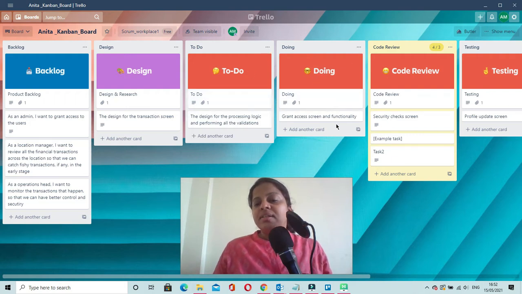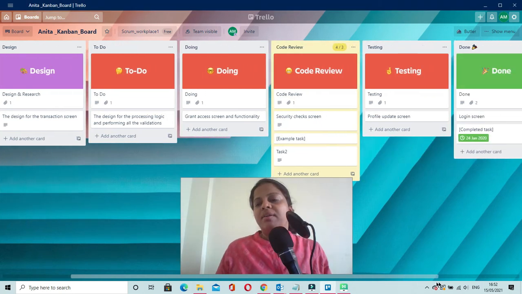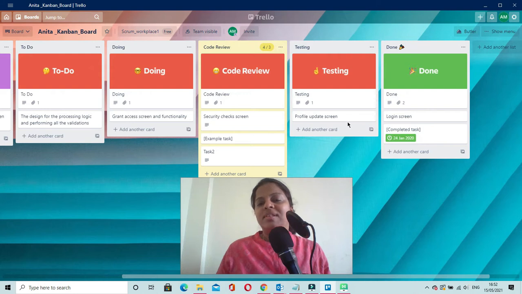These are the tasks present in the doing phase, on which the team is working: the team is coding, constructing, and doing some unit testing. This is the next stage where we do code review, and these are the different tasks in the code review stage. There are more phases that I have included: testing, and the final stage is done.